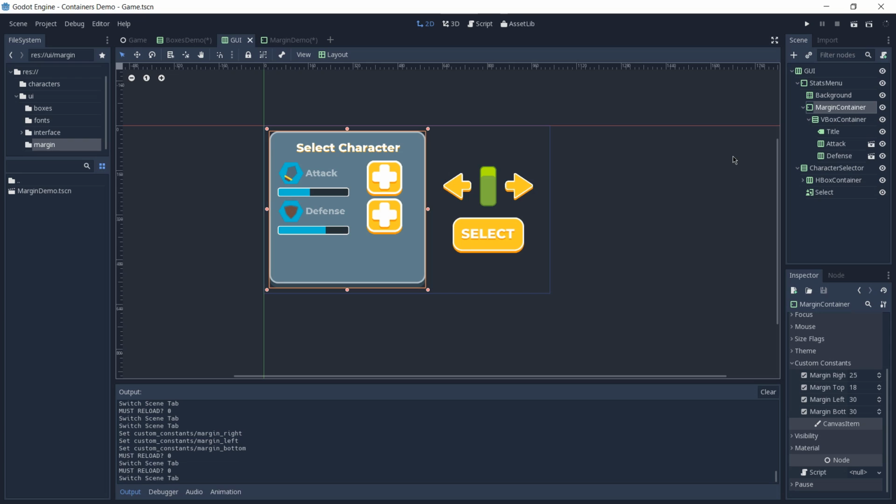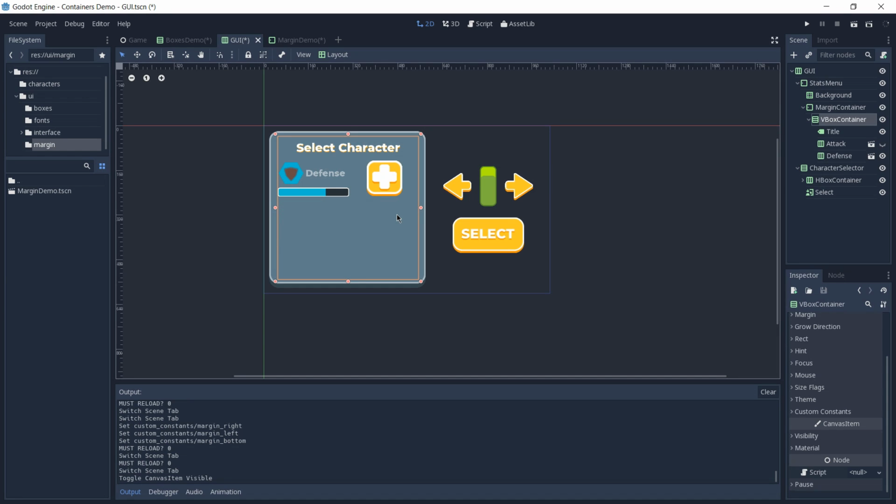And again, we are using a VBox container to keep everything arranged as a list. And this is really useful because here you can see that we have a demo of a character select. But if we had a character that didn't have an attack property or had another type of property, if we decide to remove the attack, for instance, you notice that the defense goes all the way to the top. Again, it gets rearranged by the vertical box container, and we don't have to do anything and we don't have